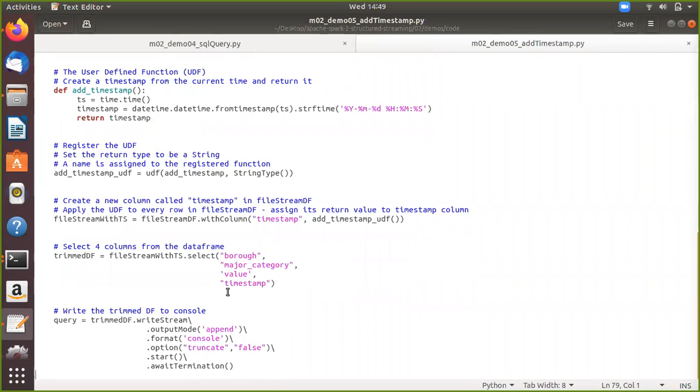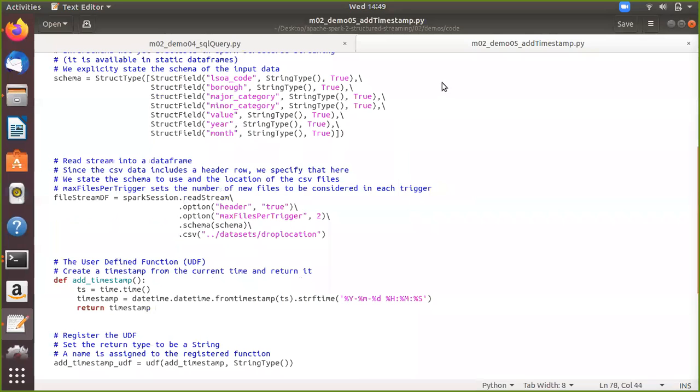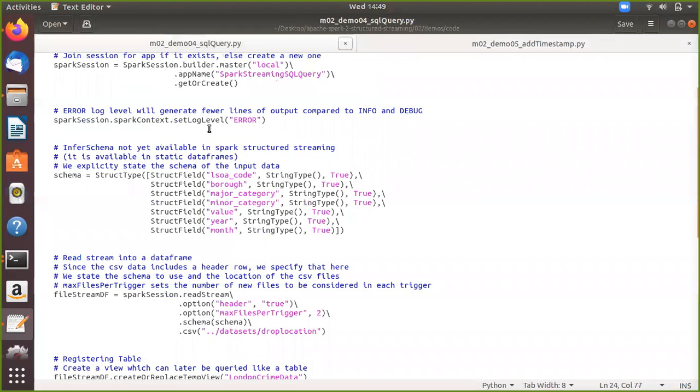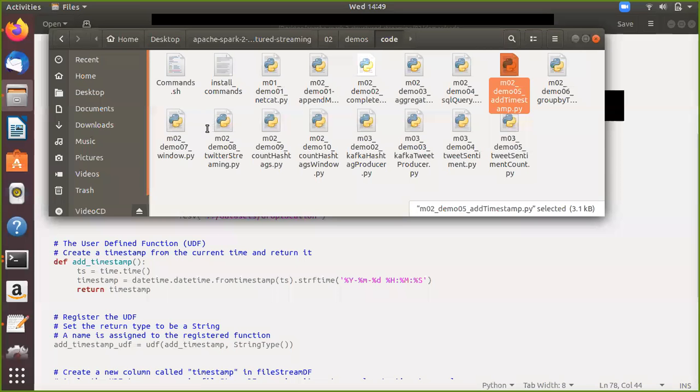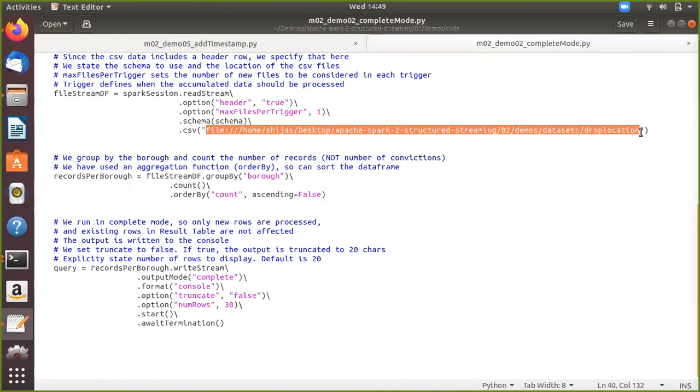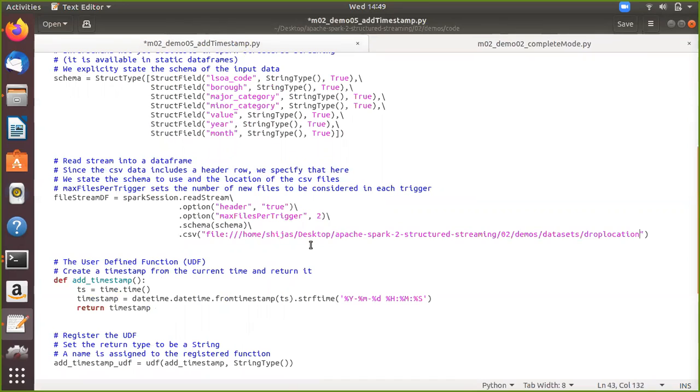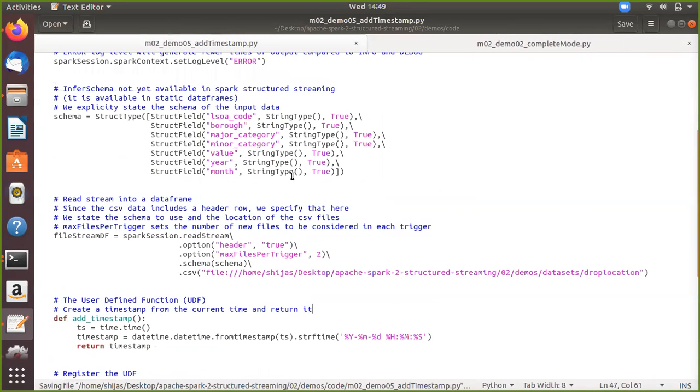So let's have a look at how it's going to execute. For this purpose, I will copy this file location. Okay, that is done.